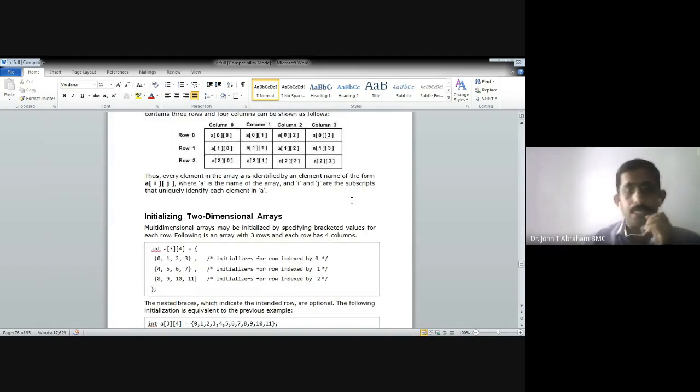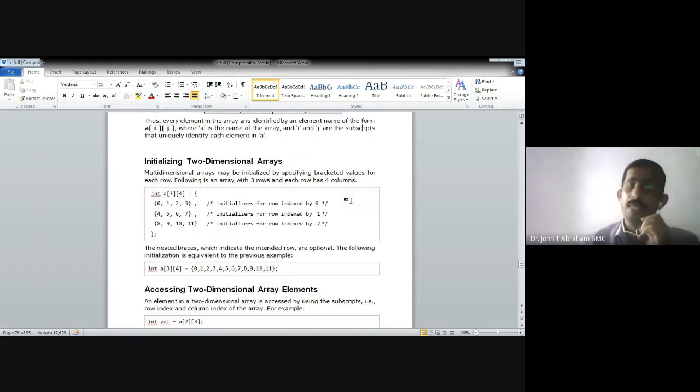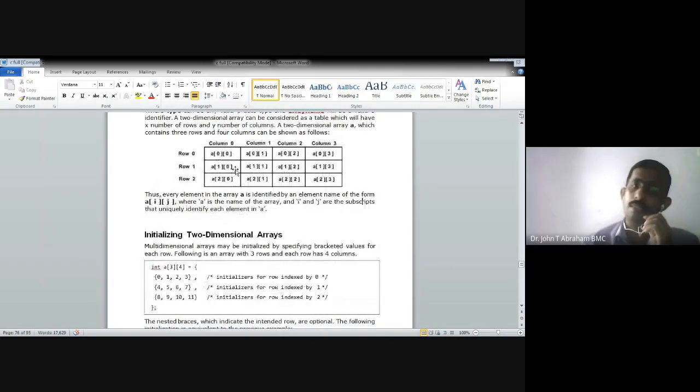When we are initializing the two-dimensional array, how are we giving the values? This is an array of 3 rows and 4 columns. This is column 1, 2, 3, 4. Here we want to give 0, 1, 2, 3, next 4, 5, 6, 7. Like that we are declaring.